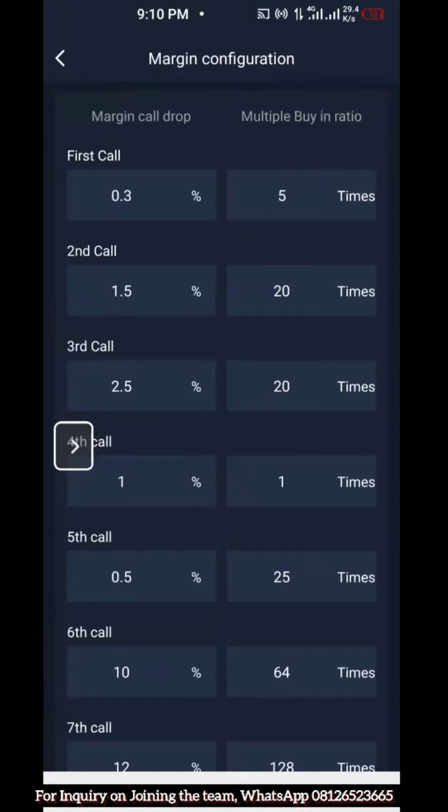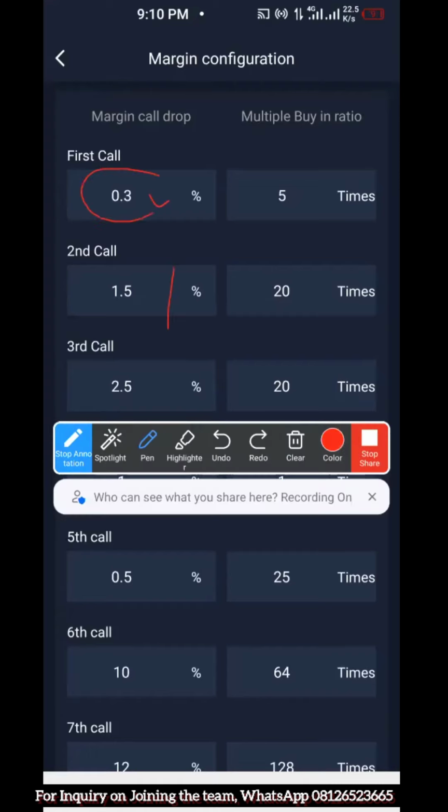So now the first call, you are saying at what point should the robot buy first and how much is it going to buy? Now a coin that has been moving between $60 and $65, you know that your margin should be within that range as well. There are some other margins just in case of anything. So your first call now, you decide that, okay, when it drops by 1%, I use 1